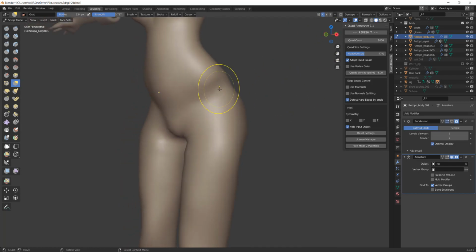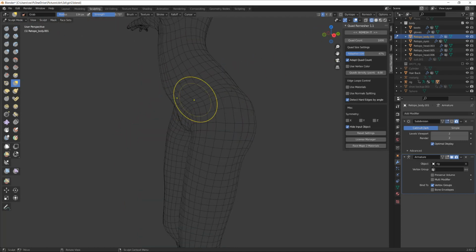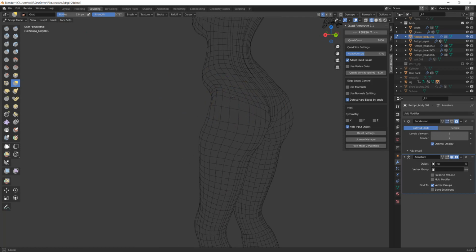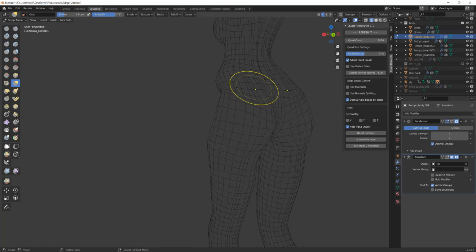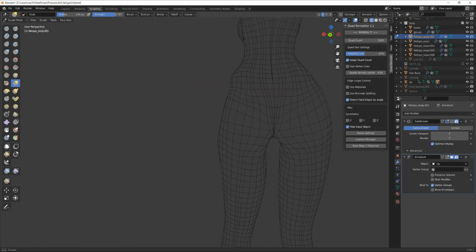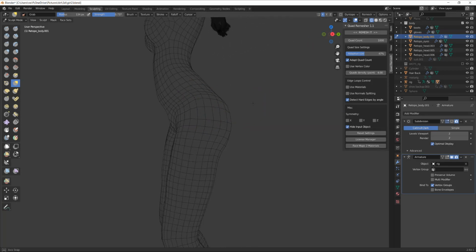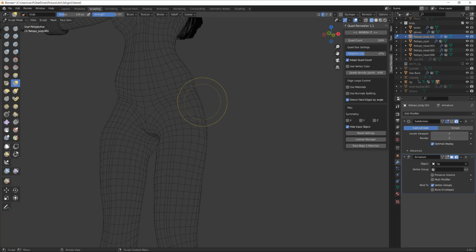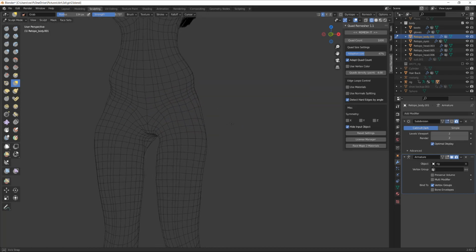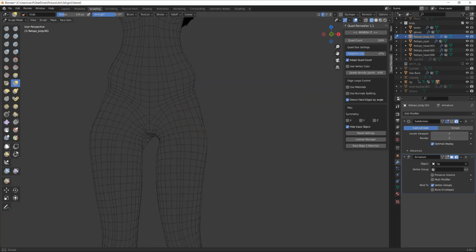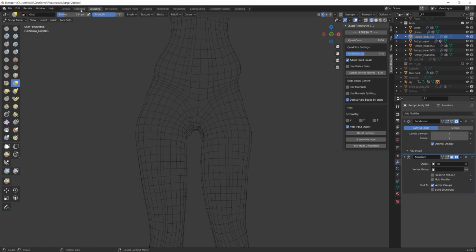And I might hold down shift and just kind of touch this a couple times like that. Just kind of smooth it out a little bit. I might move this up a little bit and smooth it like so. I really want it to be higher here. If you need to add a couple edge loops here, you can add a couple more edge loops, but I think that's nice. Okay, so once you have the topology the way you want it, go back to modeling mode,